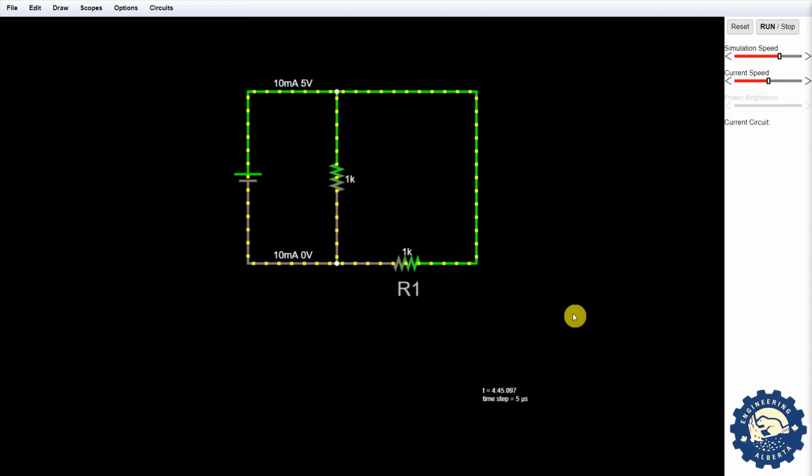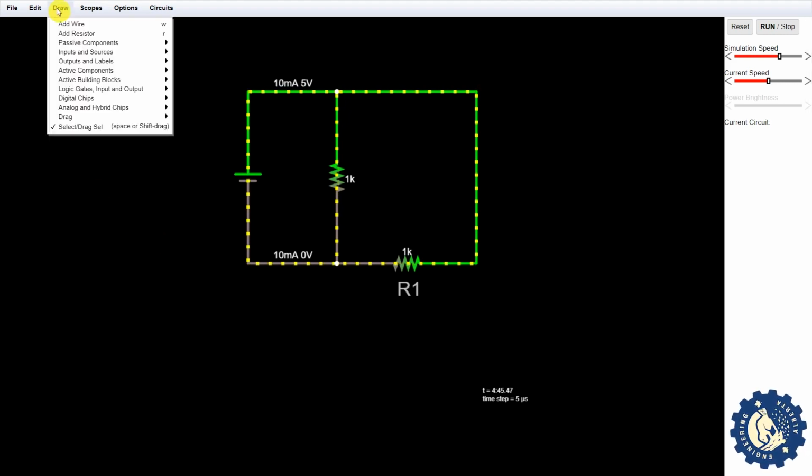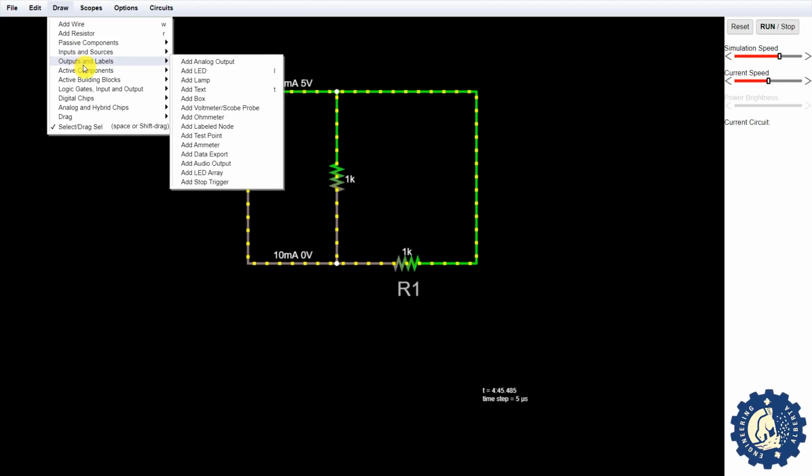The first of the 2 scopes is a voltmeter, which is used to measure the voltage across an element. The next one is an ammeter, which is used to measure the current passing through an element. So to draw a voltmeter, go over to Draw. And over here you can see Add Voltmeter / Scope Probe. Click on that,